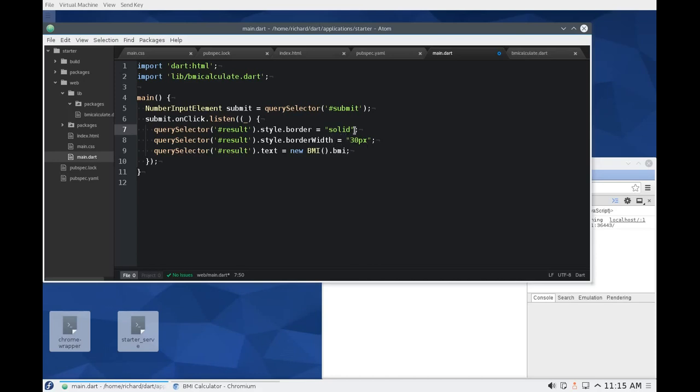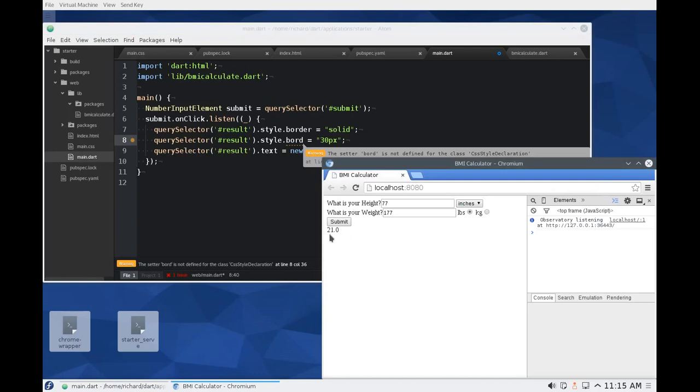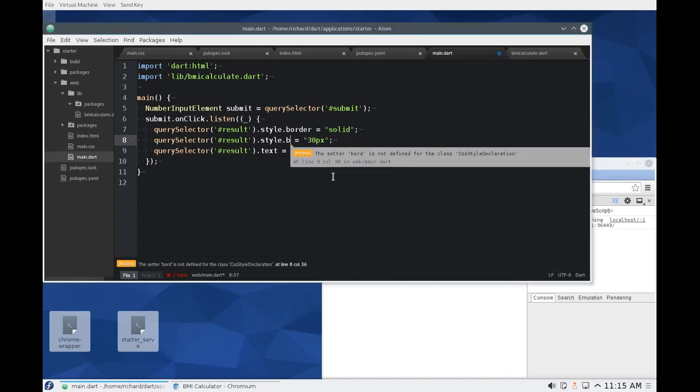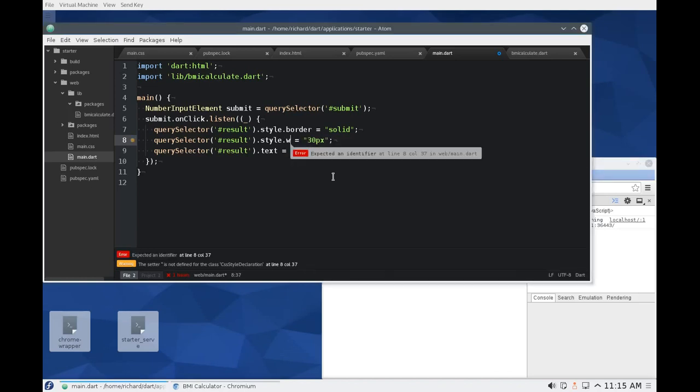Oh, wait a minute. That's not actually what I'm looking for. Okay, border width is the width around the border. I was actually looking for the width across. So it was a complete, utter typo. It wasn't even a typo, it was a mistake. Width equals this. All right,